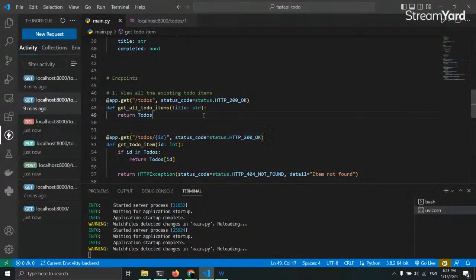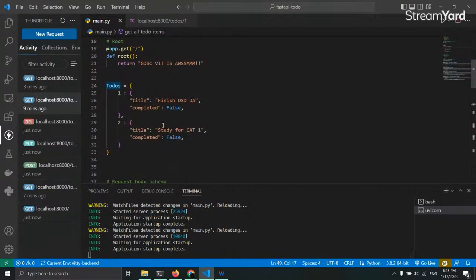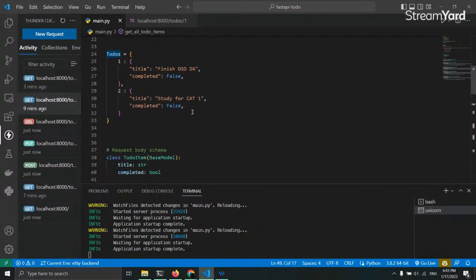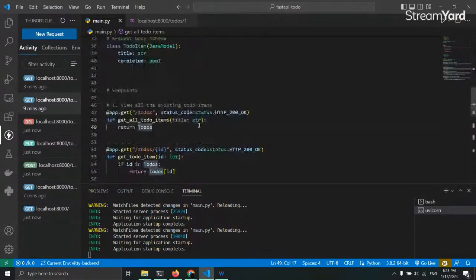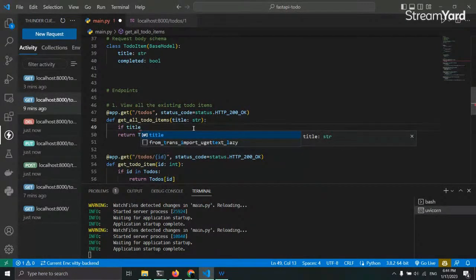Okay, so we'll be searching our to do items based on their titles. When there's a long list of to do items, we might not know if a particular item exists or where to find it. So let's just have a query of title. So if they've specified title,